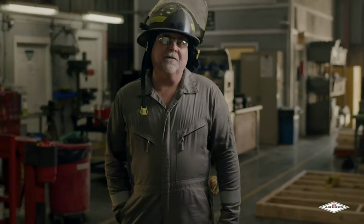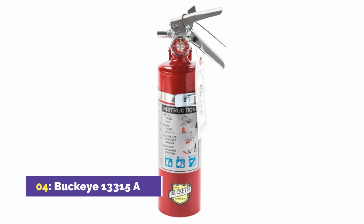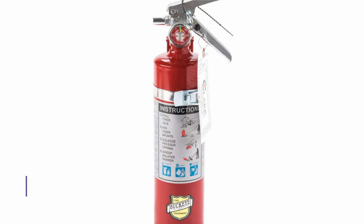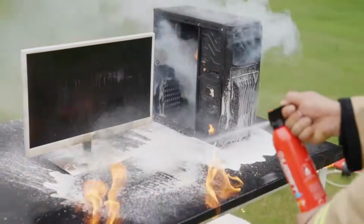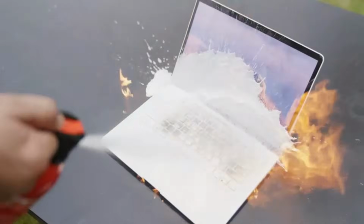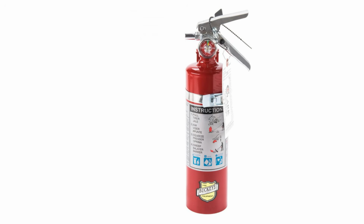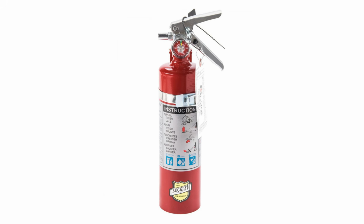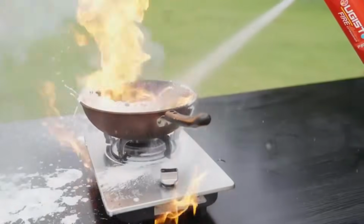Coming in at number 4, the Buckeye 13315 combines multi-purpose ABC dry chemical protection with a vehicle bracket, making it a direct fit for automotive emergency storage. Its agent is suitable for Class A, B, and C fires, while the anodized aluminum valve assembly is designed for